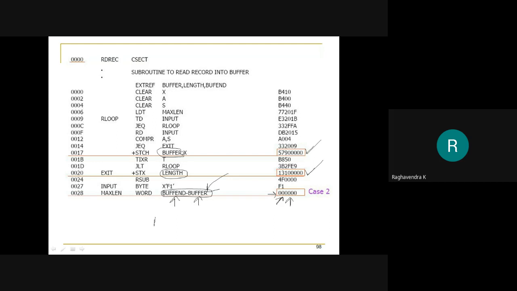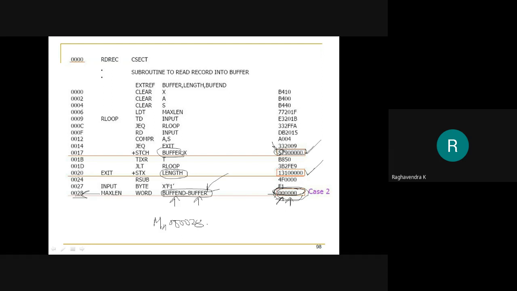So how is the modification record going to be generated? See, this is not an instruction, this is data, correct? Or this is a variable or a symbol. So for this now M, observe, it is 28. Previously I had skipped one byte. Why had I skipped one byte? Because it was an instruction, and that instruction's opcode does not require any modification. But here, this is data. So obviously, it will start at 000028 only. So the entire word may need to be modified.